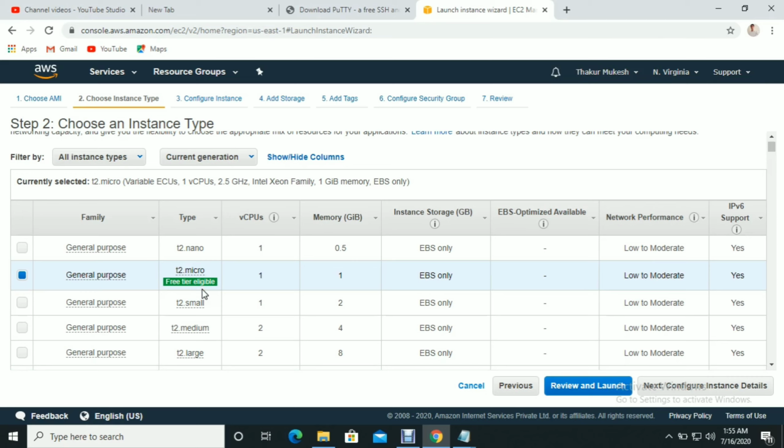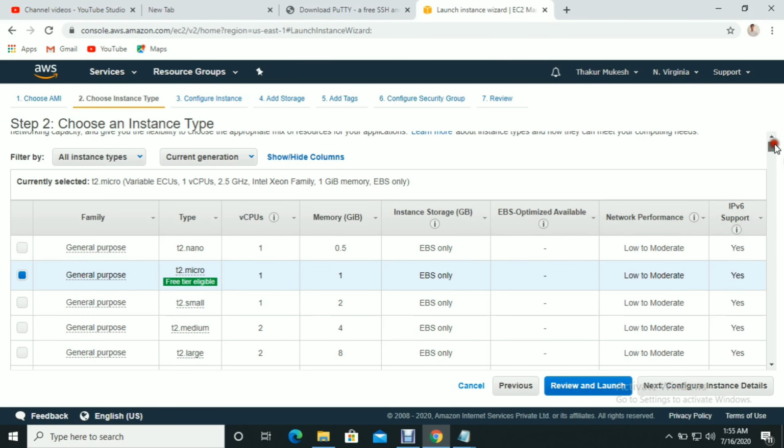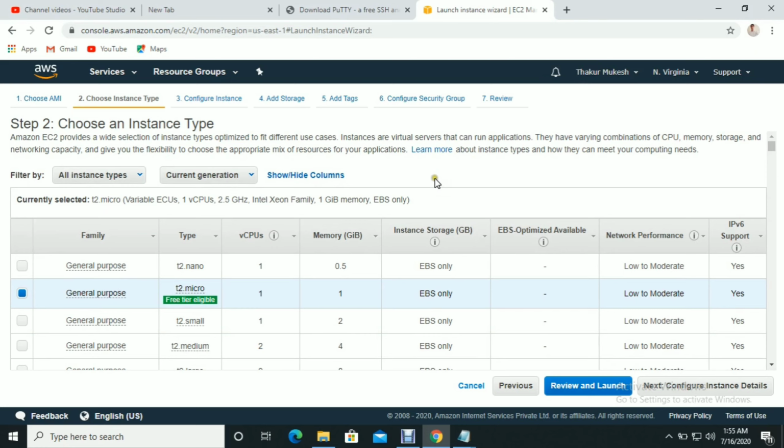If you create an instance and don't shut it down for one or two months, then it will be chargeable once your free validity is completed.